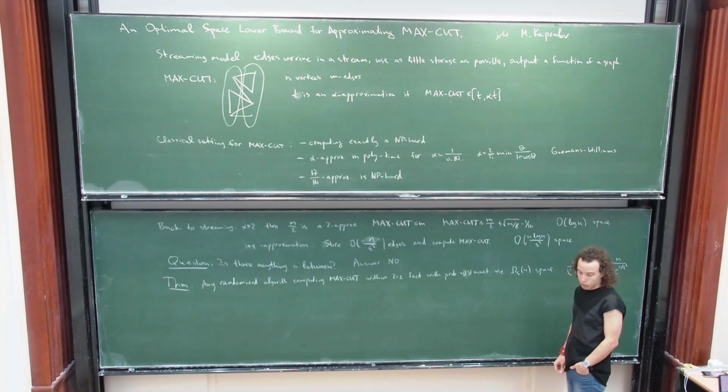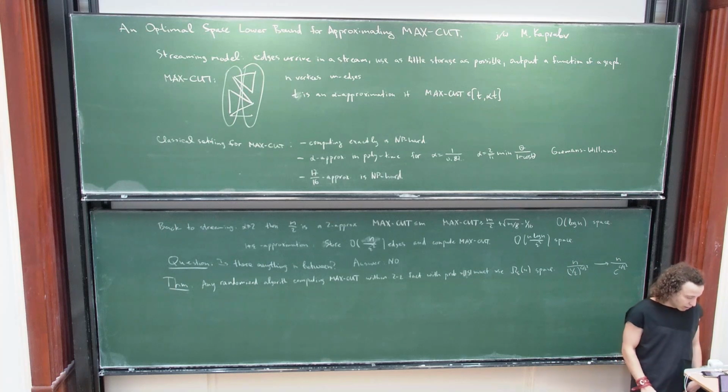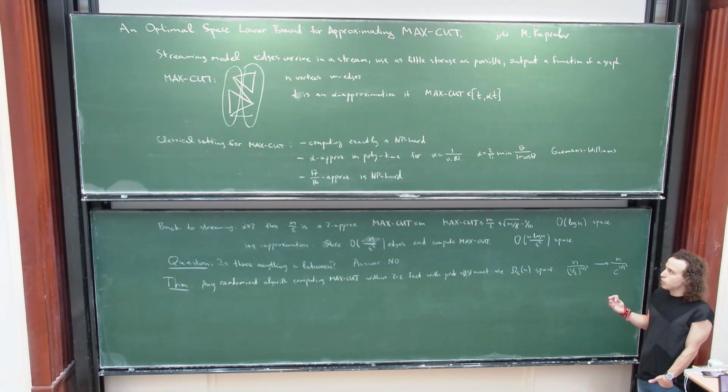Right. So let me now tell you how you would approach this kind of thing. Maybe the first thing to realize, if you're just thinking about the problem, is that you need to argue about arbitrary algorithms. Now you don't have any time constraints. And a very natural way to do it is to reduce the problem to a certain communication problem.